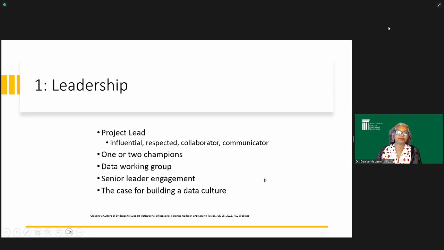It was a lot. So I'm just going to go through what I think the most important parts of the Data Literacy Institute were. The leadership. So the project lead really was a key part, because this had to be someone who was influential, respected, and a good communicator and collaborator. That person needed to recruit 1 or 2 champions on their campus who are senior leaders, and that in that case it might have included the president. So the senior leader,